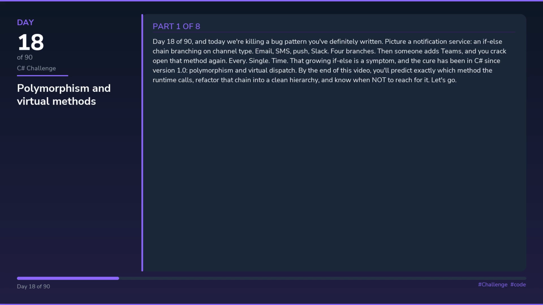Day 18 of 90, and today we're killing a bug pattern you've definitely written. Picture a notification service, an if-else chain branching on channel type. Email, SMS, push, Slack. 4 branches. Then someone adds Teams, and you crack open that method again. Every single time. That growing if-else is a symptom, and the cure has been in C# since version 1.0, Polymorphism